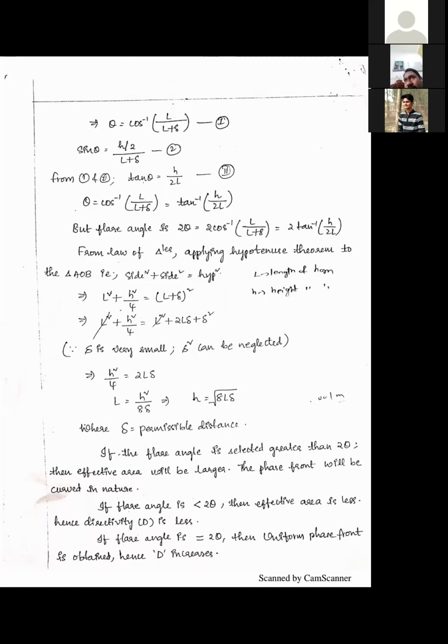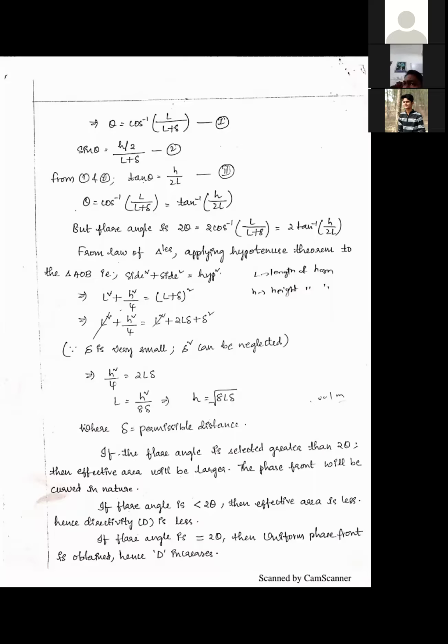Next case, if the angle is greater than 2 theta, area increases. Now you will get a doubt, sir, if area increases, then directivity should also increase. Yes, it will also increase, but concentrate on what I am saying. If the flare angle is more, the wave will propagate in its own fashion. It will not go in proper order. It will go via reflections, via refractions, as it likes. If it goes in that manner, can we produce uniform plane waves? No.